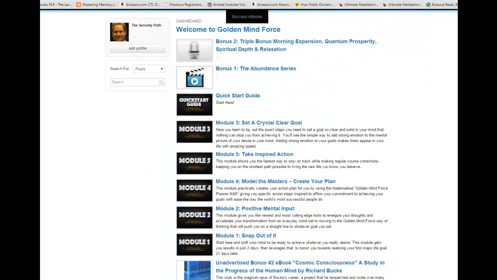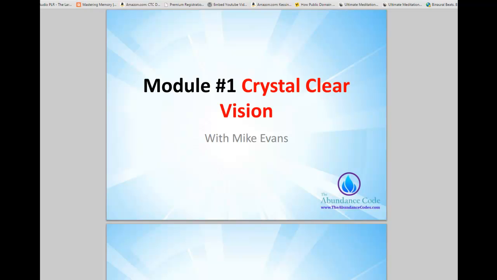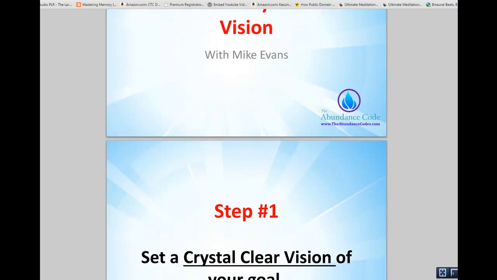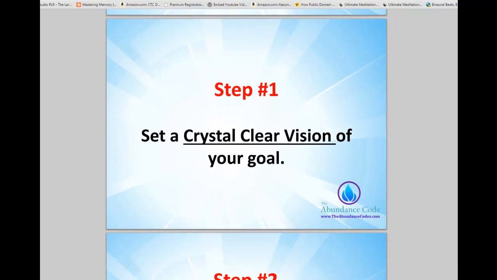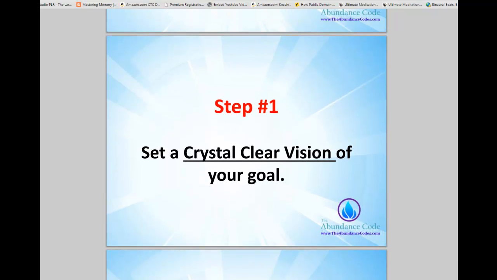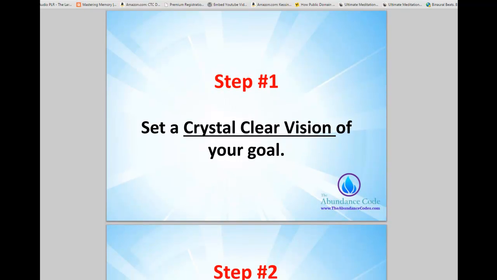So what we're going to do is take a look at how these other modules are set up and then copy them. So this is the structure for all the modules. The structure is the same. So that's the title page. We'll just go through it. So step 1 for this one,